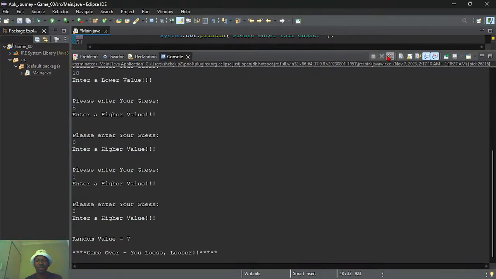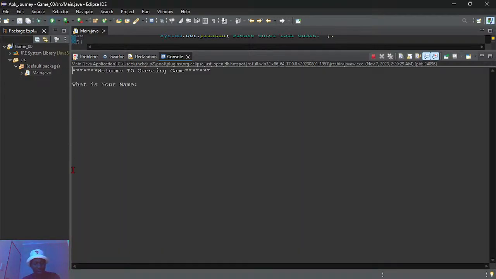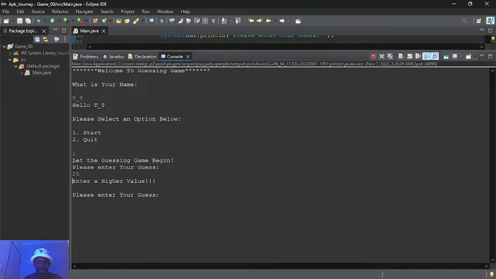At least it is working. That's a good thing about it. Then the guessing game starts. Please enter your first guess. Let's say 25 as usual. Enter a higher number. 50, a higher number, 80.